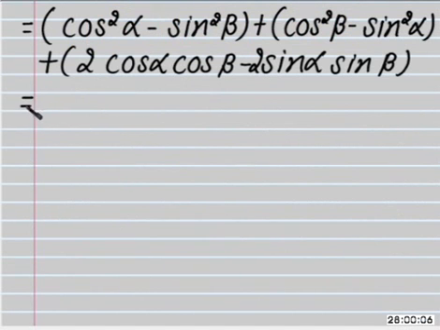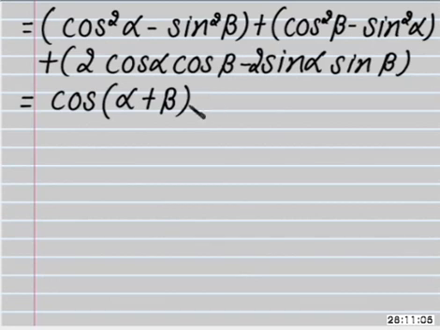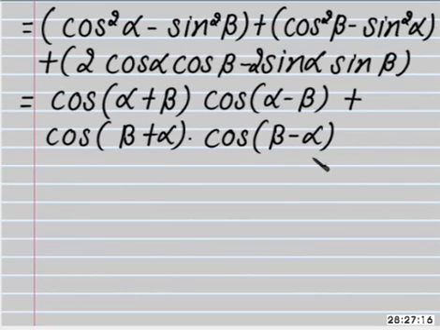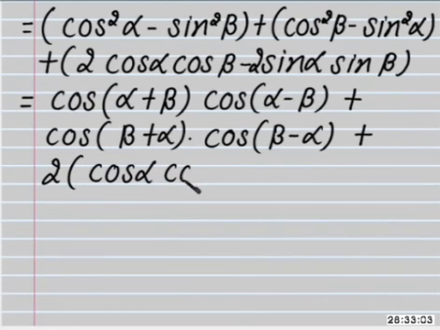Now further it is equal to cos of alpha plus beta into cos of alpha minus beta plus cos of beta plus alpha into cos of beta minus alpha plus 2 into cos alpha into cos beta minus sin alpha into sin beta,